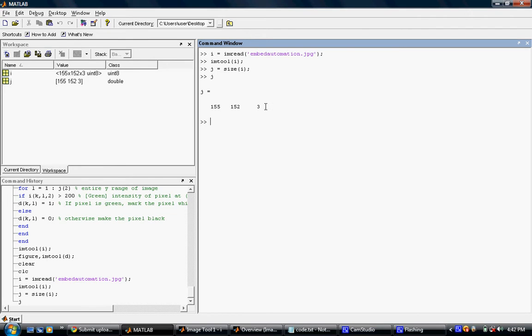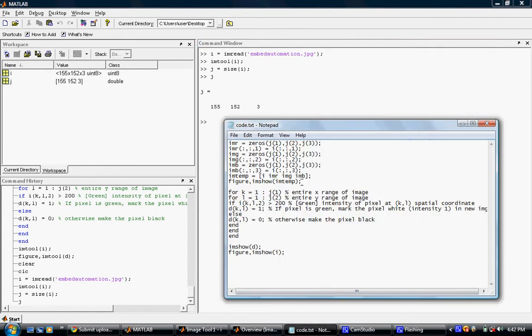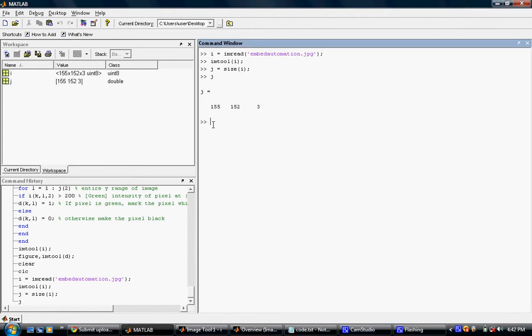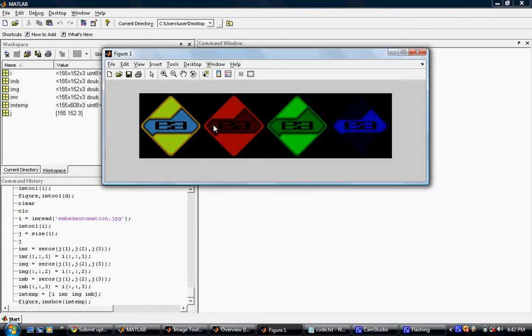So now, as described on the page, let's use this code, which will show you the different parts of this image. I have explained this code on the page. As you can see, this is the original image, and this is the red part of the image, this is the green part of the image, and this is the blue part of the image. So the original image is a combination of these 3 images, or RGB images.